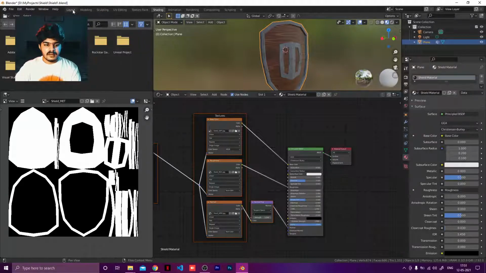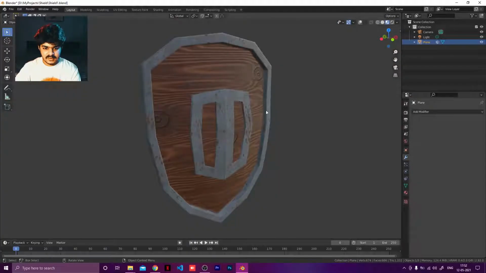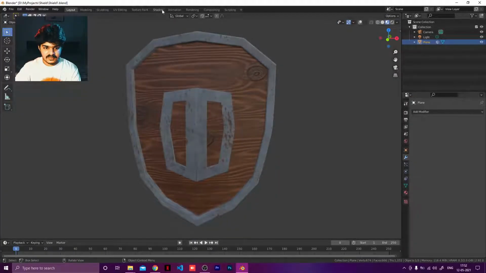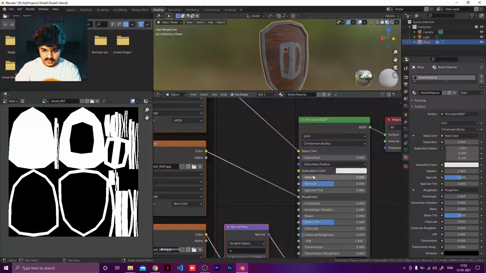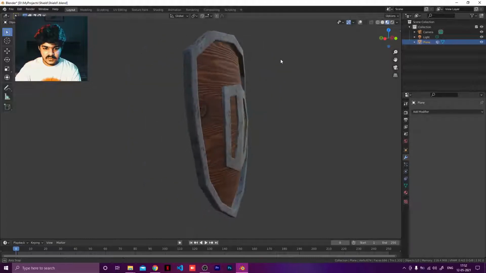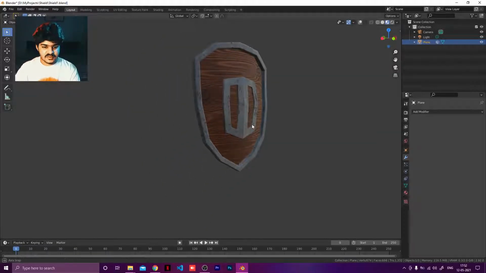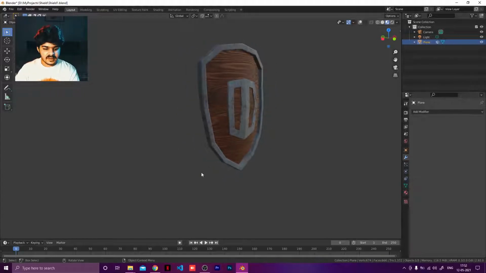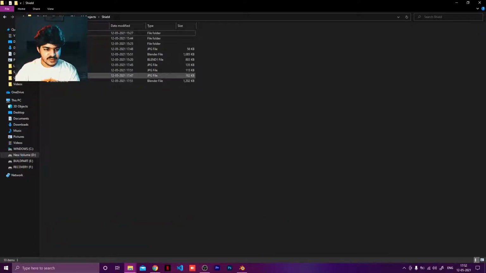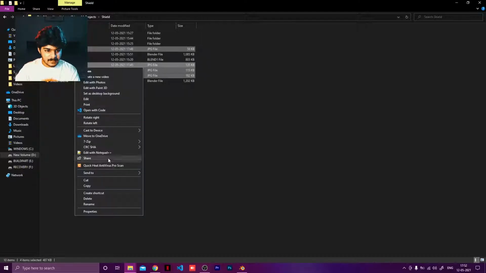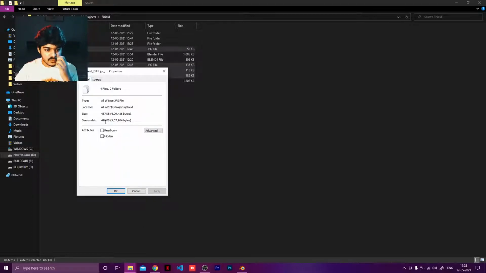Yes, it is looking so nice, and I'm so happy with the way it has come out. Just look at this. I know the metallic thing is not going on as good as I would have wanted it to. I'm just going to increase the metallic nature of this, and it will be more than good enough for me. Okay, so this is what it is. We have created such a good shield and just baked it in, and right now I'm just going to show you the size. So we have 1, 2, 3 and 4, and combined these 4 have the overall size of less than half MB. And look at that.